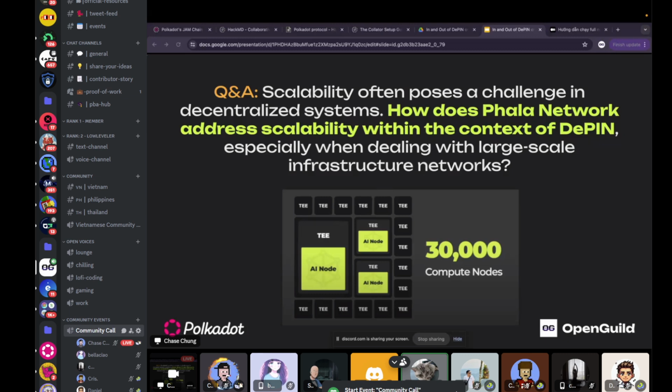Also, we wrap these TEEs into a cluster. A cluster can have at least one, and it can even take all the TEE workers in our network. So a cluster is very elastic. From the user side, they directly interact with the cluster.